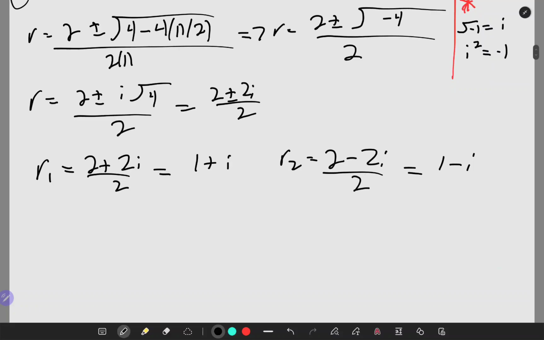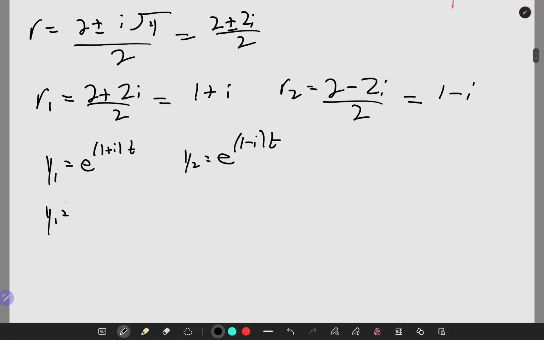Right? So that tells us that our y1 is going to be e to the 1 plus i times t, and our y2 would be, now I would rewrite this to be e to the t times e to the it. Y2 would be